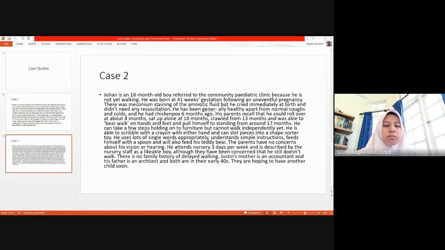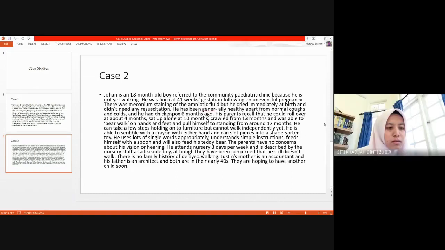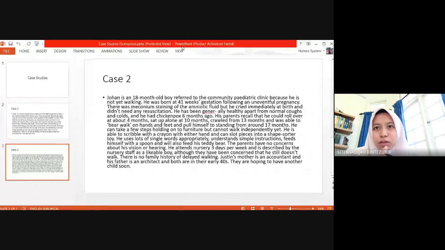So, based on this case, is there anything that you need clarification on, or we can go one by one to look at it. Is this normal or abnormal? Look one by one. Okay, first, this is an 18-month-old boy, or about 1.5 years old. So basically, his presentation is delayed walking.